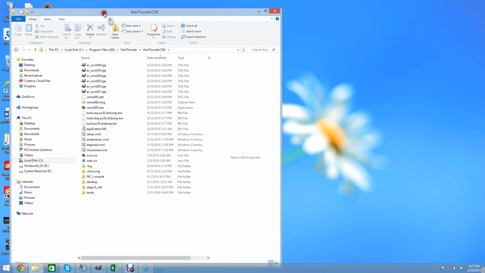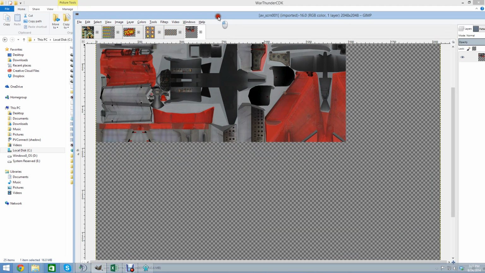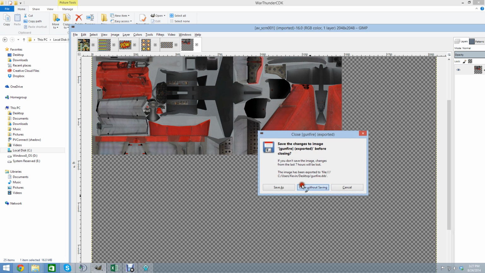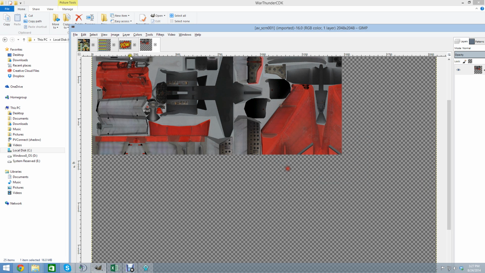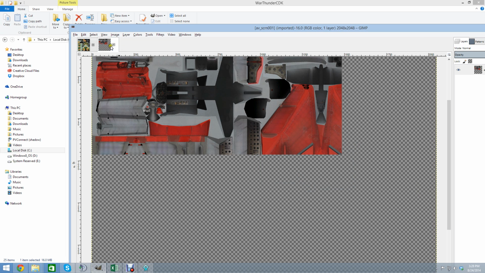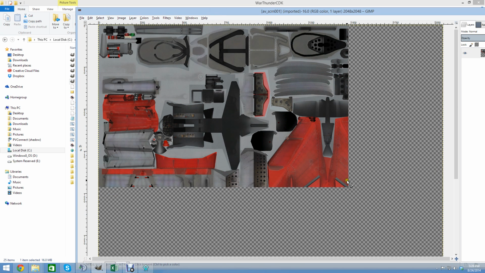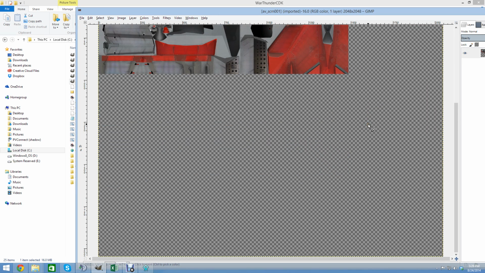So for right now, I'm going to do this all in GIMP. You can do the same thing in Photoshop, but GIMP's free and makes it easier for beginners to use. So I'm going to load up GIMP. Let me close all these other programs I have going on right here. We do not need any of these loaded. This one. Okay, so now you'll notice we have an image that's 2048 by 2048, which is War Thunder's default highest resolution, which is great. But the image is